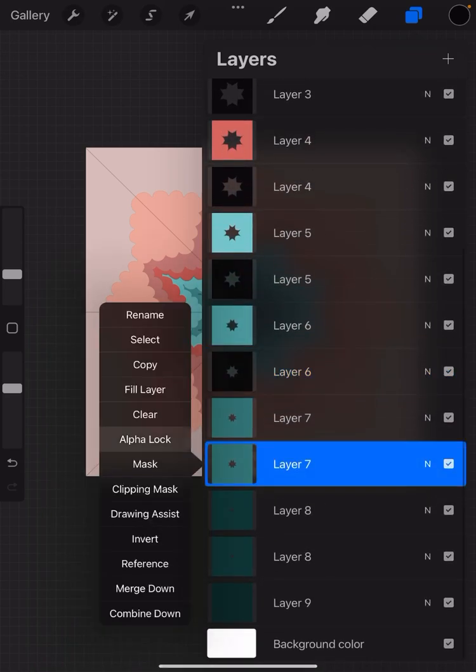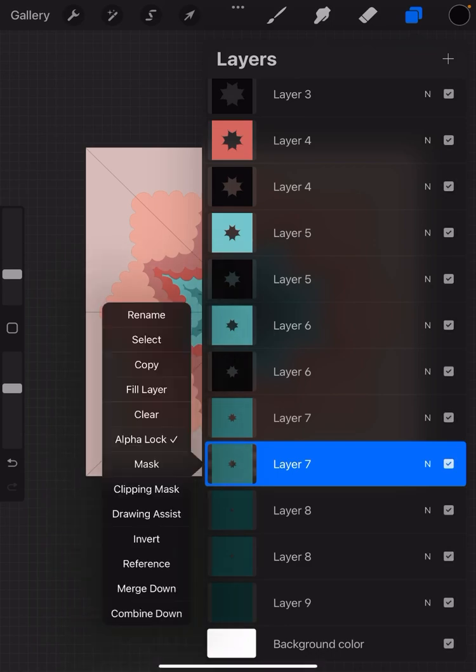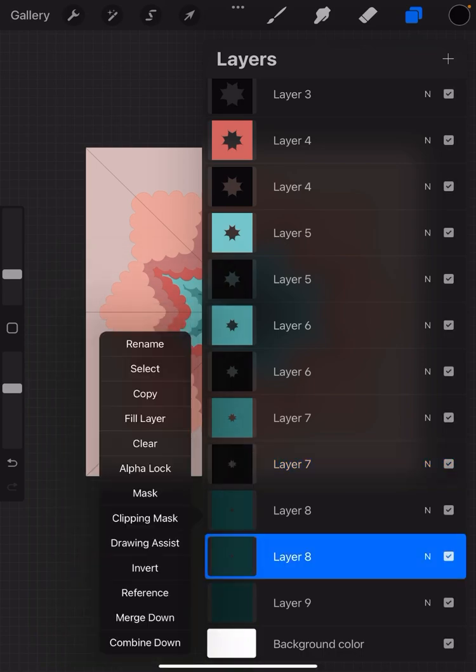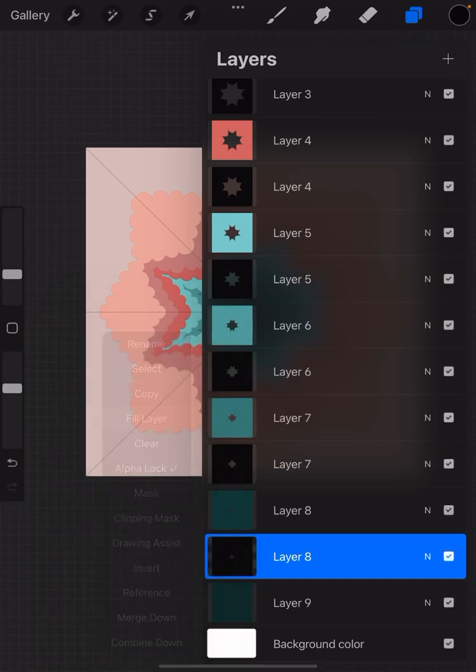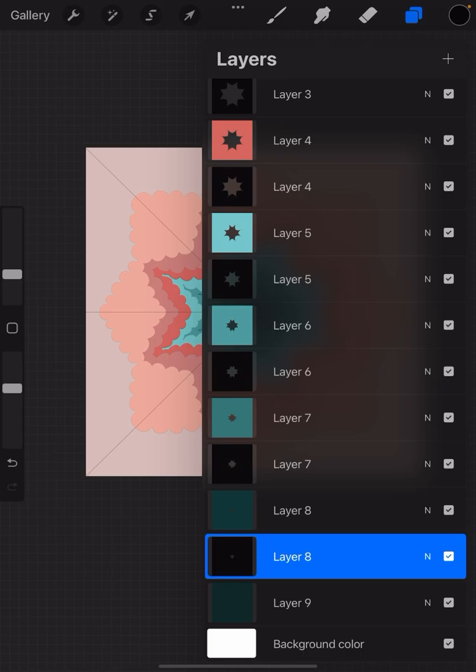Almost done. Alpha lock. See, it's the same thing. It's the same thing over and over and over. Undo the alpha lock. Last one. Alpha lock. Fill layer. Undo the alpha lock. All right. So now,